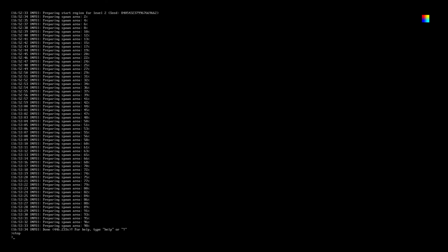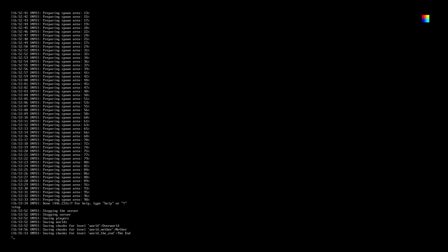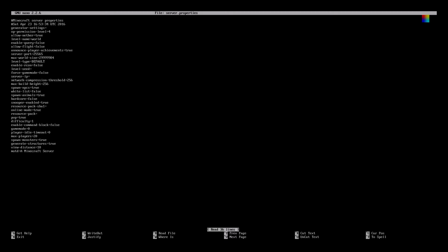Maybe. There we go. And once it's done saving, alright, getting ready to save. There we go. Okay, so now we will do the sudo nano server.properties, and we want to change